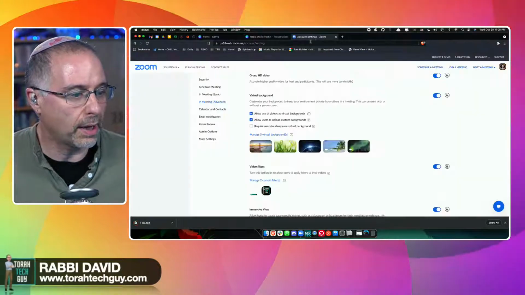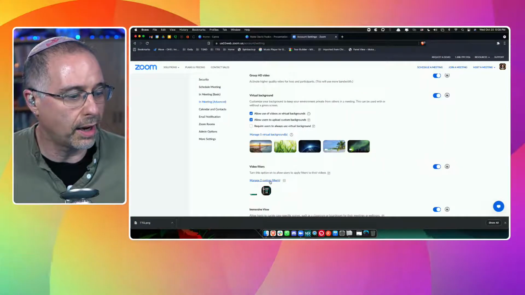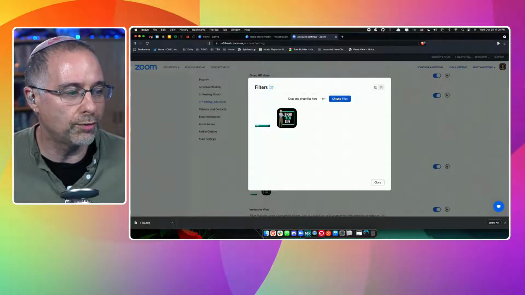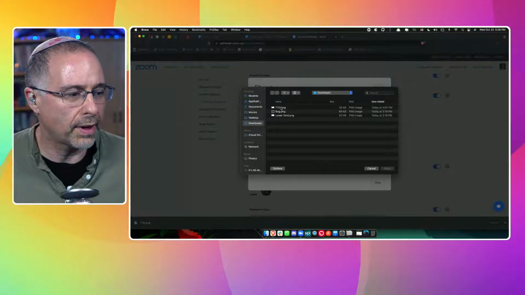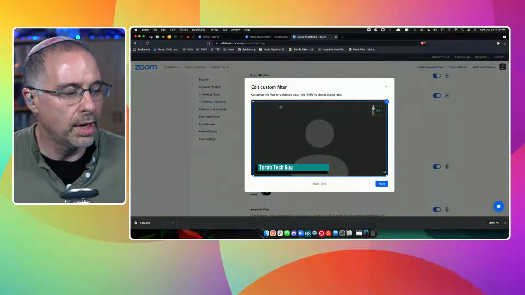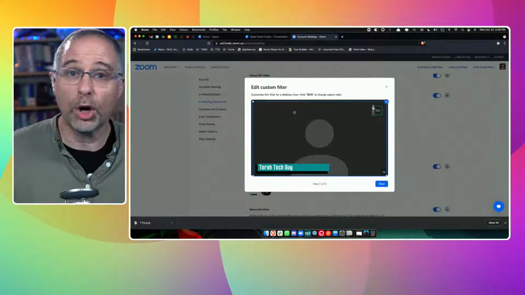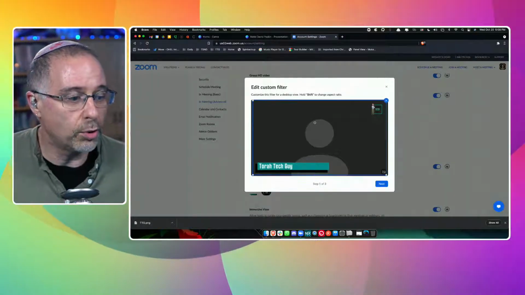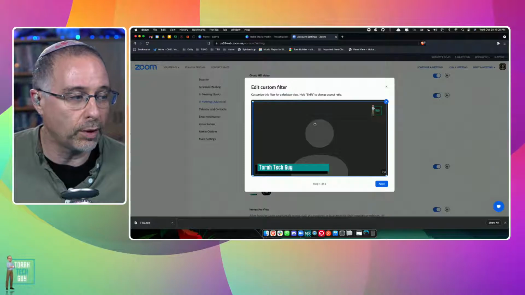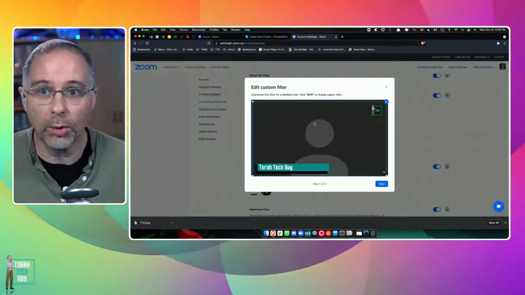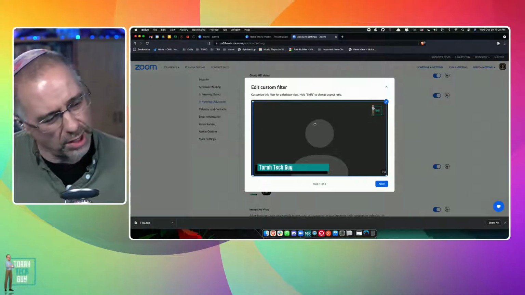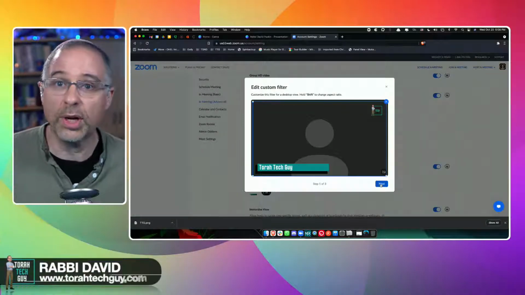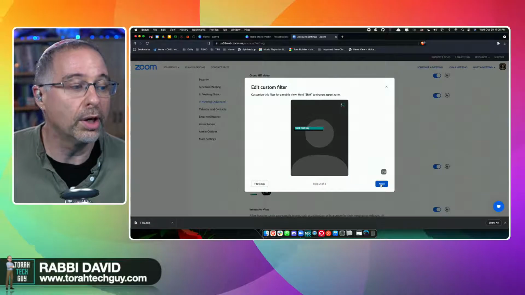All right, so let's go back into our settings here. Now I can manage these filters. I'm going to choose files. I think I named it TTG. So now it's letting me know what this is going to look like on your overlay. And you can see you can move it around, up or down. You can have it wherever you want, but that's about what I want. I want my logo in the top left or top right, and I want the lower third down below. The next is going to show you what it's going to look like if someone's watching on